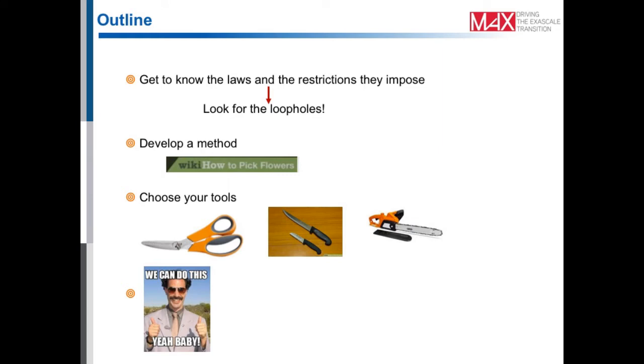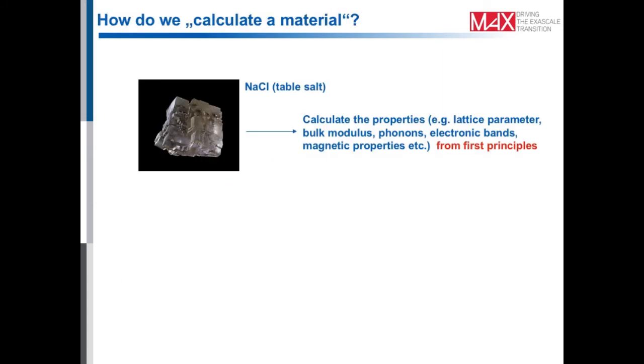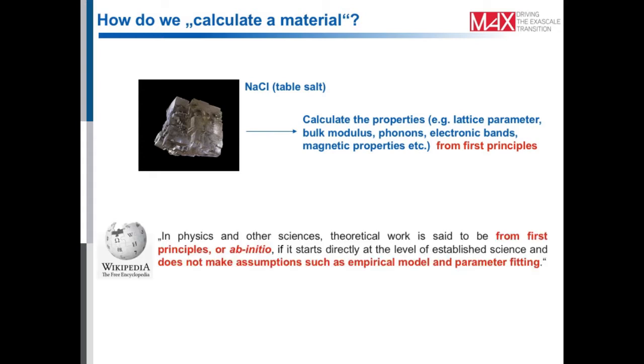Okay, so how do we calculate the material? This is what we want to do in the end, right? We want to take a material, we want to calculate its properties. So, for example, we want to know how to calculate lattice parameter and bulk modulus and phonons, electronic bands, magnetic properties, whatever you like, from first principles. So, what does it mean? If you go to Wikipedia, then you see that